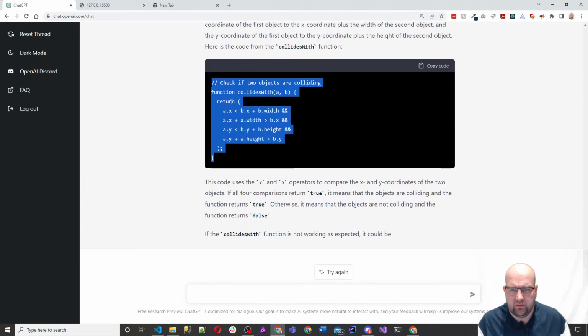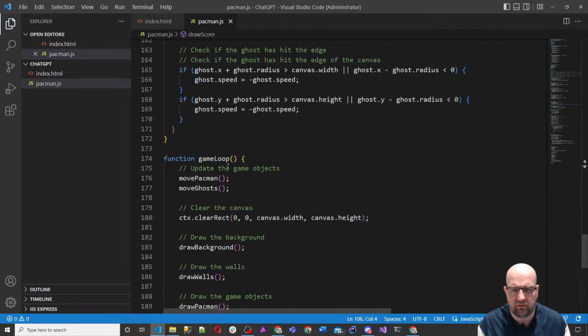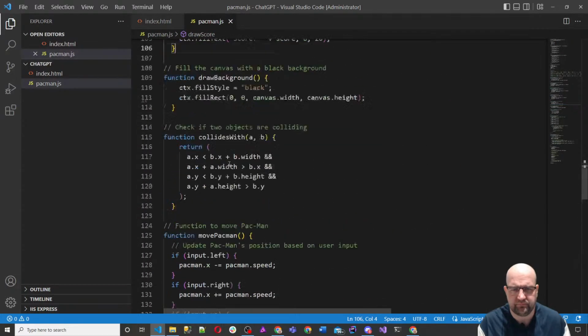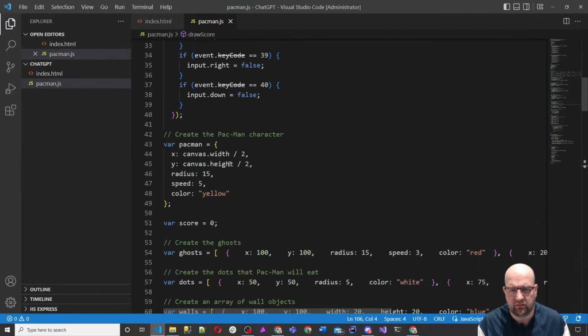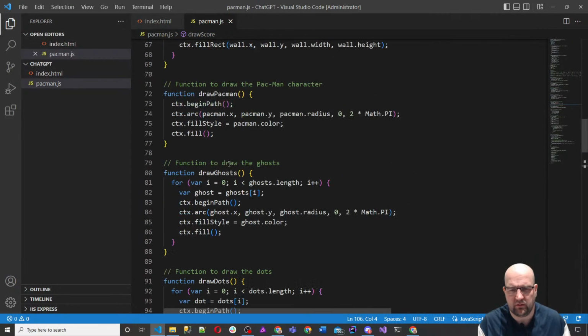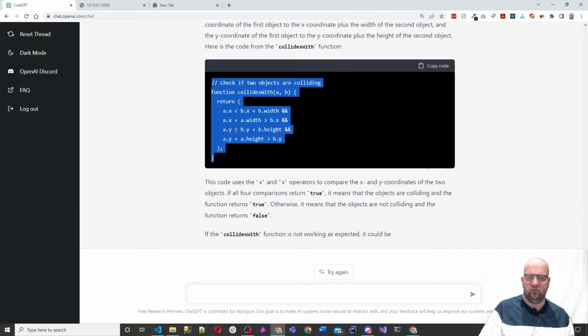If two objects, so is that the same though? I don't know if this is just the same code. Where is collides with? Oh, right. It's the exact same code. If all four comparisons return true,